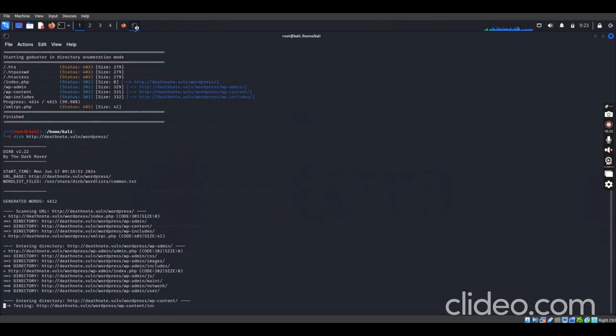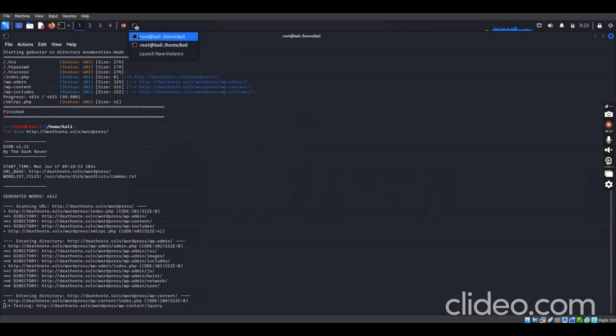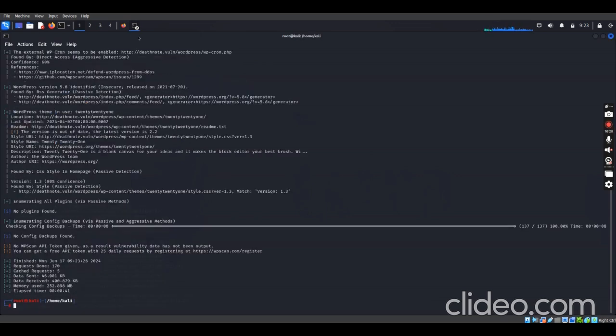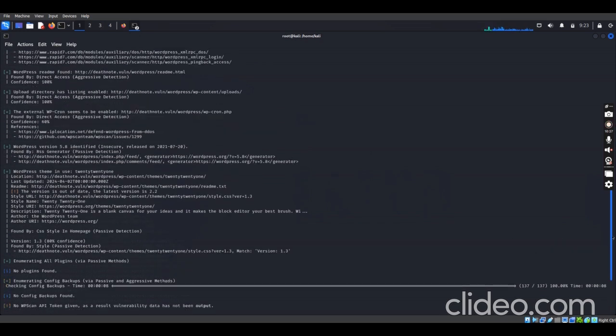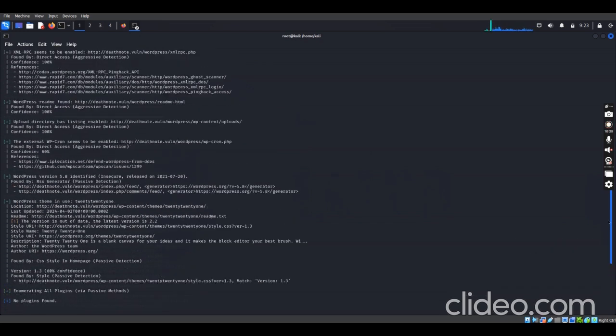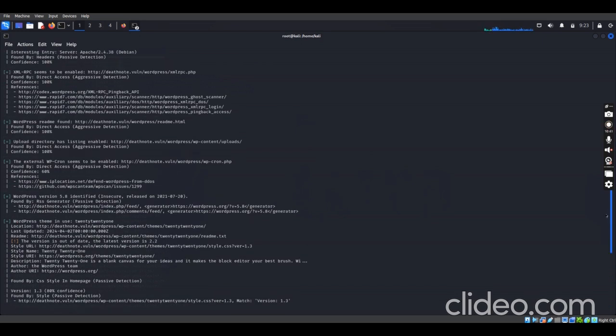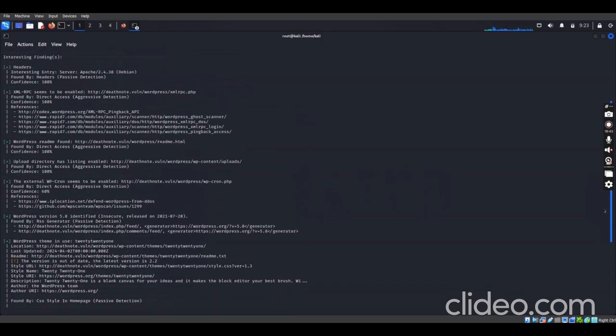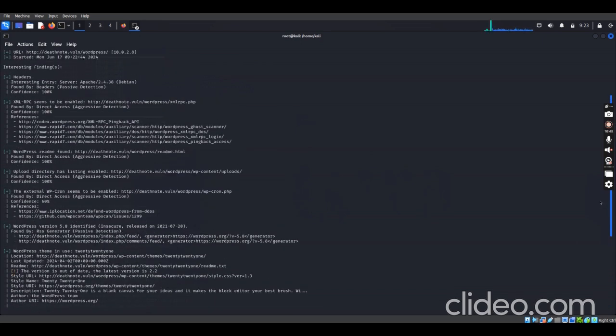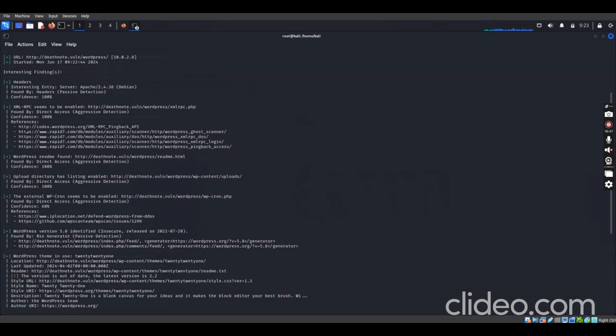So let's go back. Let's let it run. Let's go back down here. Now this has finished its own. So let's see if we can get information from this. It has finished its scanning itself. So if we go up from where it starts, let's see the information. I think from this header it started.